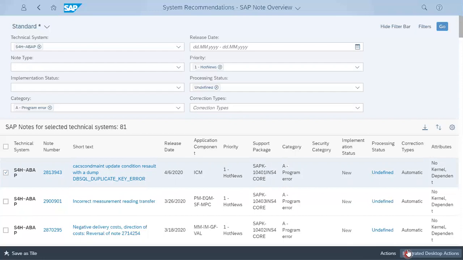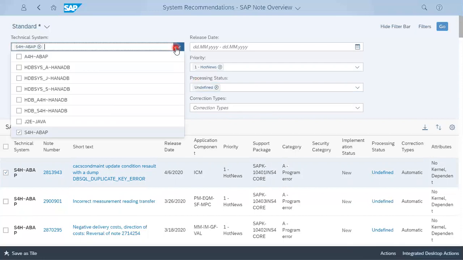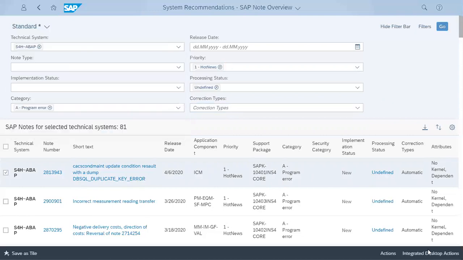If you want to move from development, quality, and then production, then first of all you need to download these notes manually in your development system. Here I have selected system S4H, but you can select your development system as well. Click on the development system, search the note, go to integrated desktop actions, and download SAP notes.